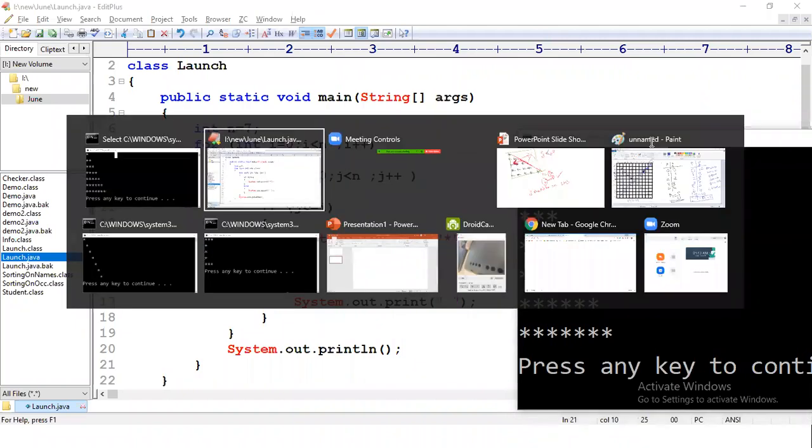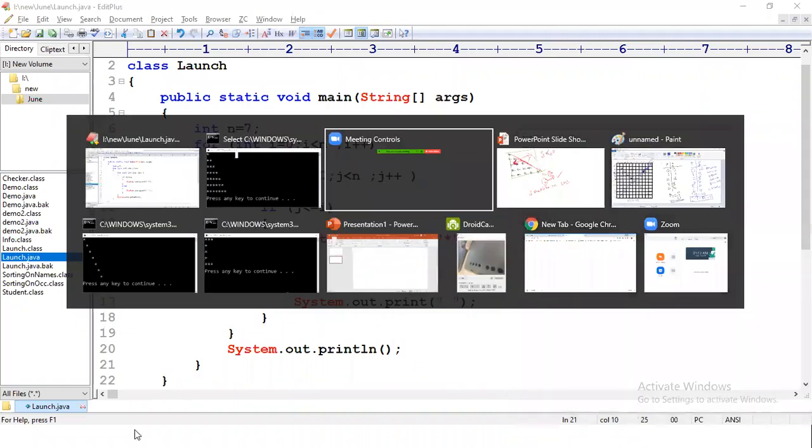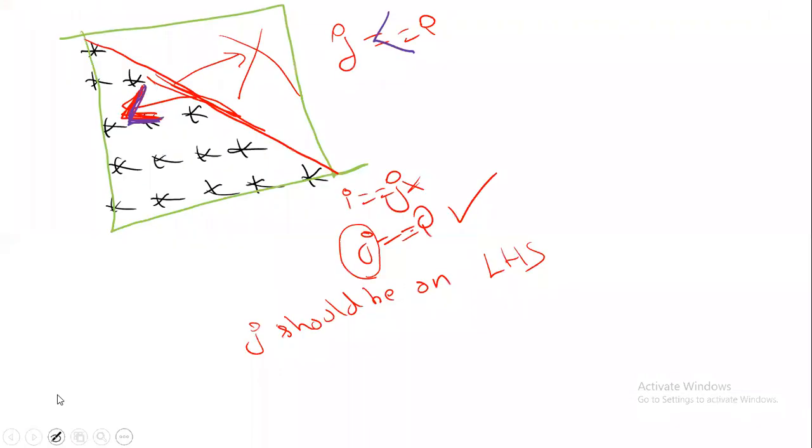Now, let's draw a different pattern, right? Erase all. I want to draw this pattern now. This star pattern I want to draw like this. So whenever you see a star pattern, you have to first get the line equation. Okay. So if I try to put the line equation here in the red color, don't you think this is the line equation? What's the line equation here?